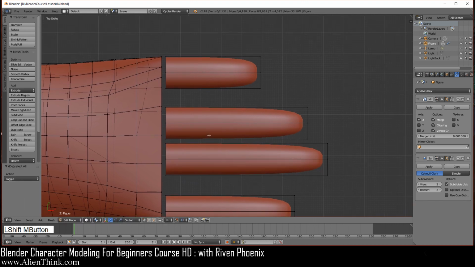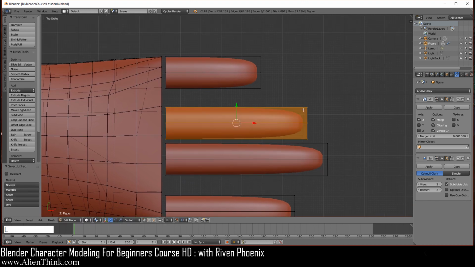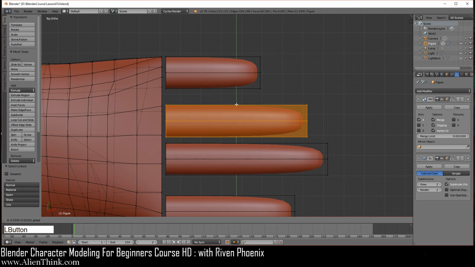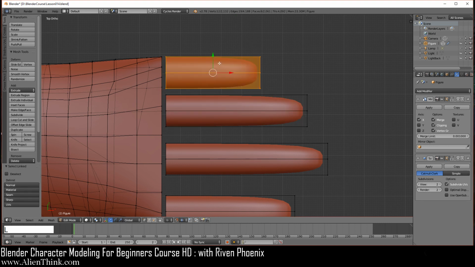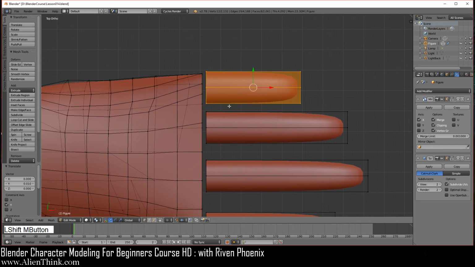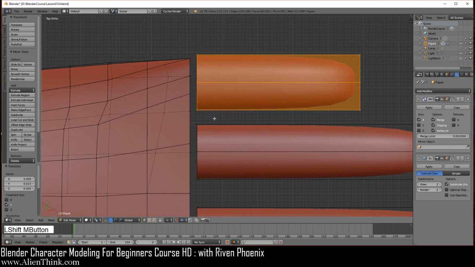A to deselect. Press the L key again near vertex and do 1, 2, 3, 4, 5, and then 6. A to deselect. Lastly, just click on this one and only take it up one nudge over here. Now, since you already have this selected, we're going to now switch back to the active element over here.